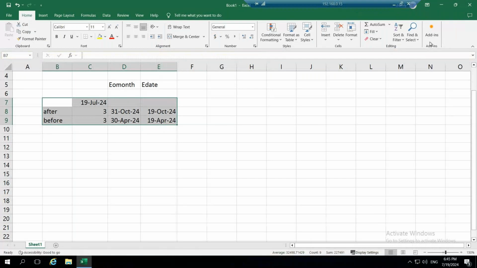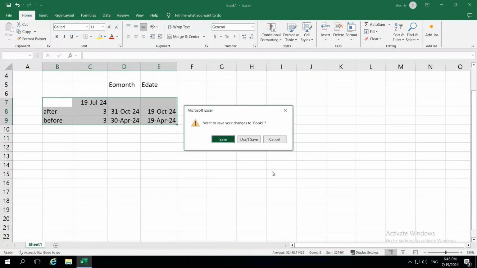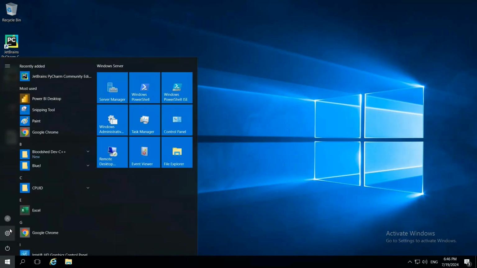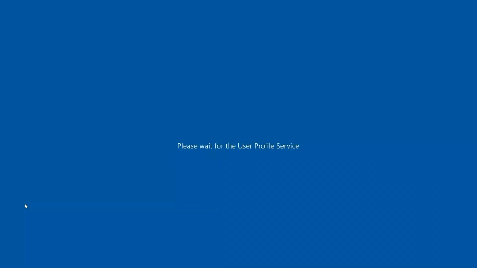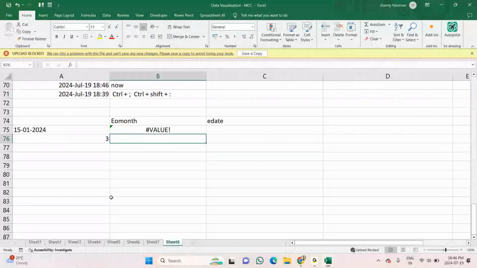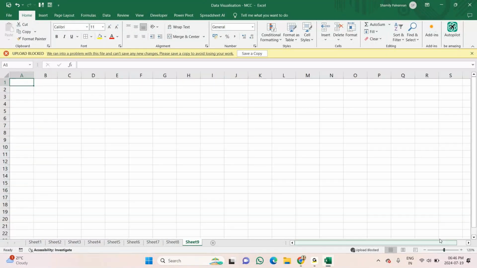Okay, so we will go with the next one. I'm just adding some of the text and the numbers.